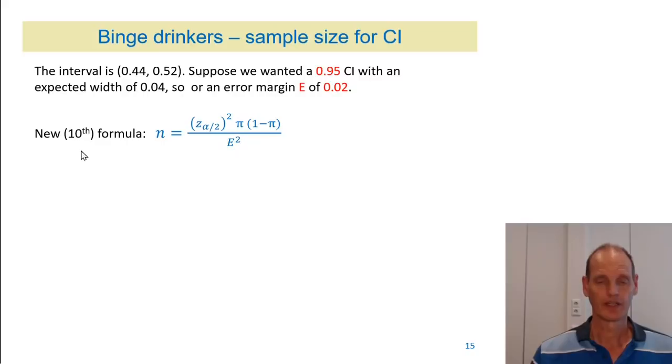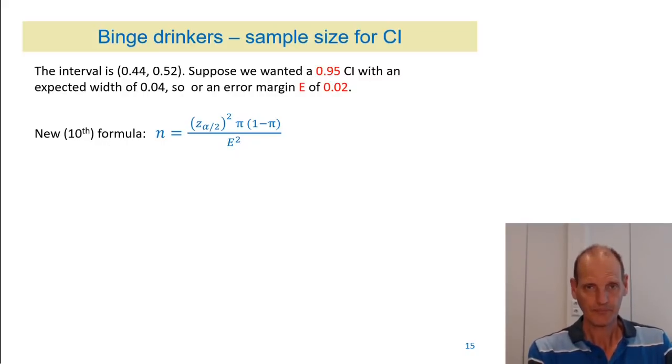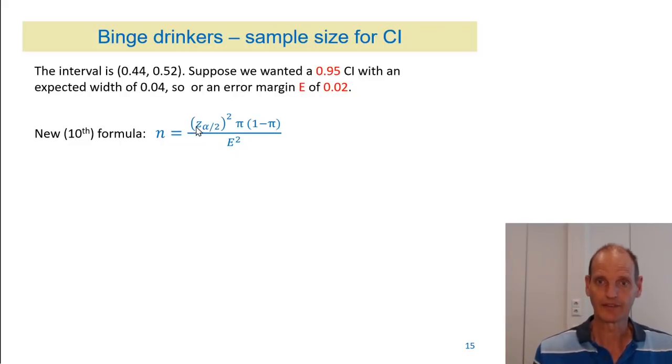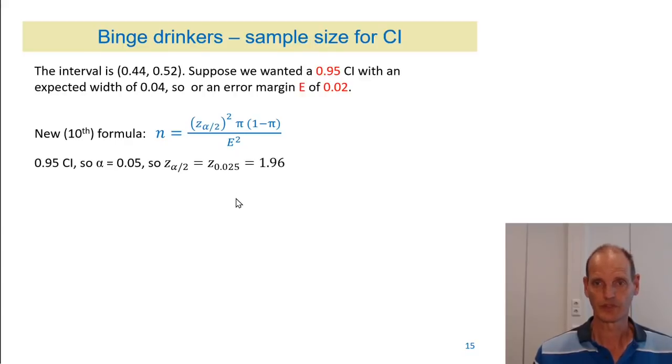Well, we use the last formula that we saw: n is z squared times pi times 1 minus pi divided by e squared. The z is 1.96, the e is 0.02, and for pi we could simply use